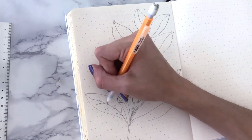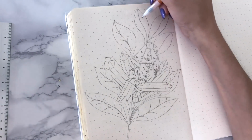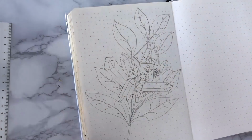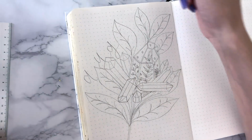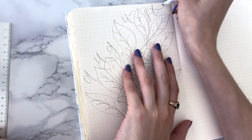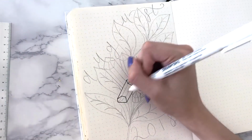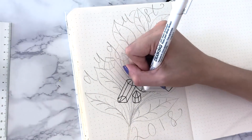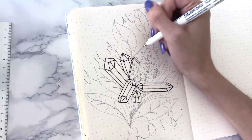For stationery in general, I usually try to use the most simple and easy to find stuff that I can, and also the least amount of different items that I can, just because I think that makes it easier for you guys to go out and get the supplies I use if they're easy to find and there's not a million different kinds of pens. So that's kind of why I tend to use the same